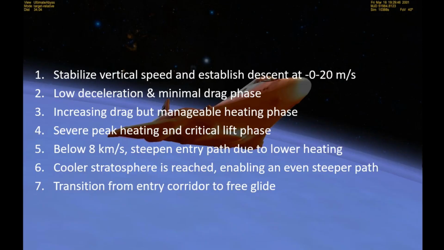In phase 1, we're going to reach the interface, bleed off nearly all vertical speed, and establish a thermally stable condition with low constant vertical speed between 0 and negative 20 meters per second. In phase 2, we'll manage the entry corridor to sustain temperatures within thermal limits, and a very gentle orbital deceleration begins. In phase 3, orbital speed will have slowed a few kilometers per second, and it now results in